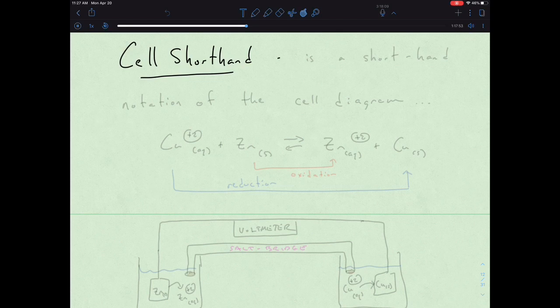As the name implies, cell shorthand is a shorthand notation of the actual cell diagram. So if we go to our earlier example, the copper zinc battery or cell,